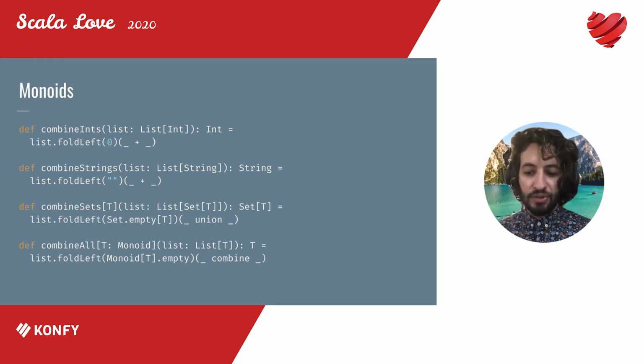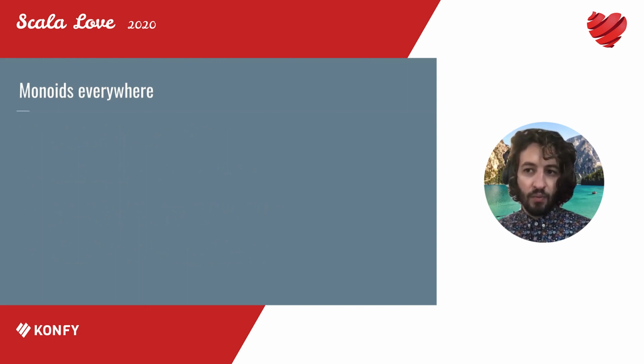So that's pretty neat. Moving along, we can find monoids pretty much everywhere. I think there's probably upwards of 50 monoid definitions in cats. Don't quote me on that though, I'm not sure. That's just an estimate. And this is also why the talk's titled Monoids, Monoids, Monoids, because they are everywhere.